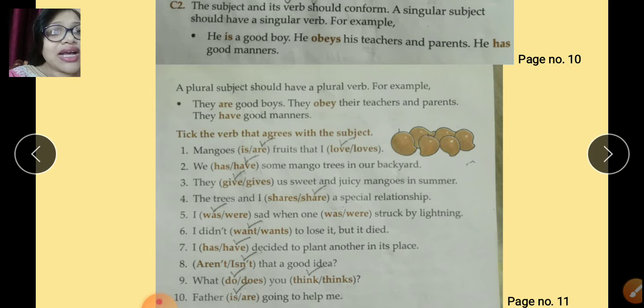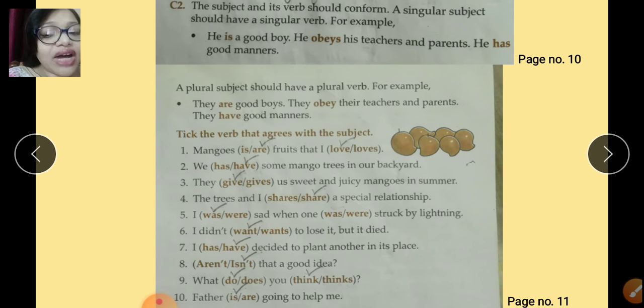So you can see singular subjects always have a singular verb, and plural verbs are always used when the subject is also plural. A plural subject should always have a plural verb, like they are good boys, they obey their teachers and parents, they have good manners. So here we have to tick the verb that agrees with the